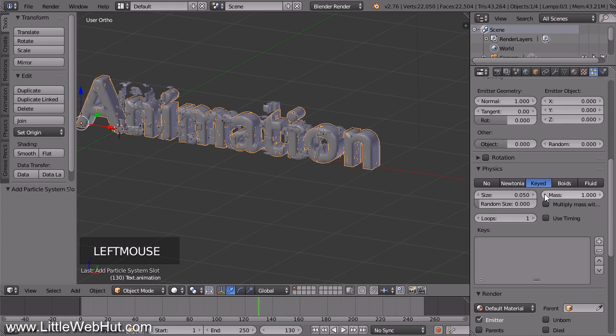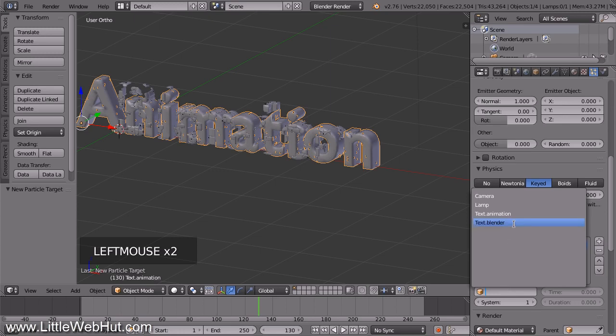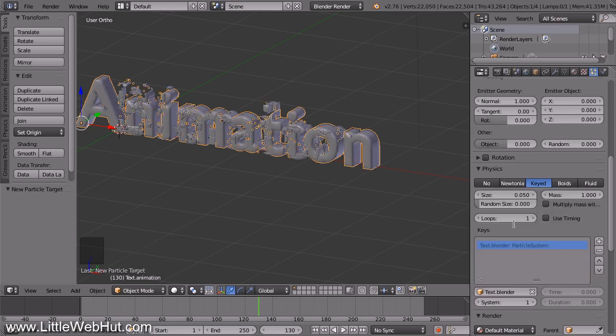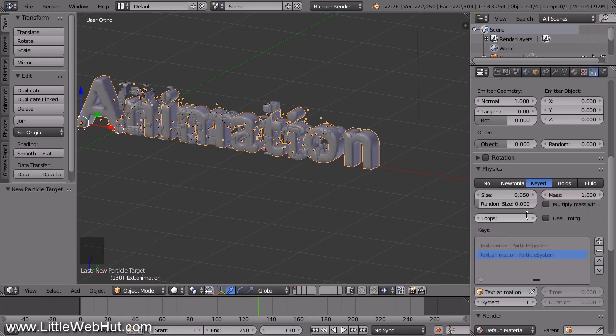This allows the particles to move based on the position of particles in other particle systems. In our case, the location of the particles will begin at the word Blender and will end at the word Animation. To set this up, click the plus button to add a key. Then click in this entry box and select Text.Blender. This will be the starting point of the particles. Then click the plus button again and from the entry box select Text.Animation. So now the particles will start at the location of the word Blender and will move to the location of